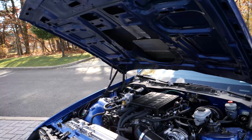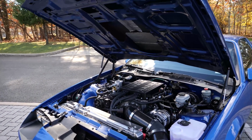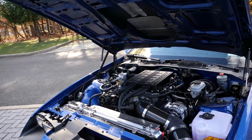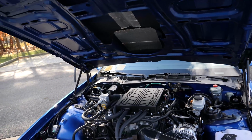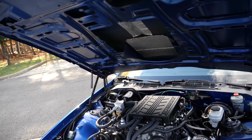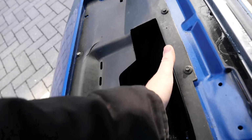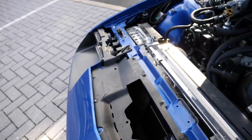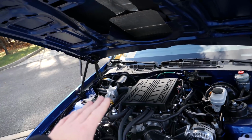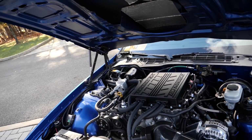And the reason I had to get that is because my IATs were just ridiculous once I changed the lower pulley with this setup. With just the hood closed and everything, I couldn't get this thing to run cool. The IATs were like 170 by the end of the track. So putting this on there, with a little bit of a smaller heat exchanger because I needed the room to put the air dam back in to fix my low speed cooling issues, it's a whole thing. I ended up getting that lid, and that to some extent fixed my problem until once